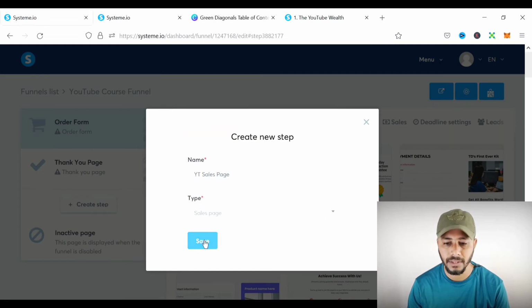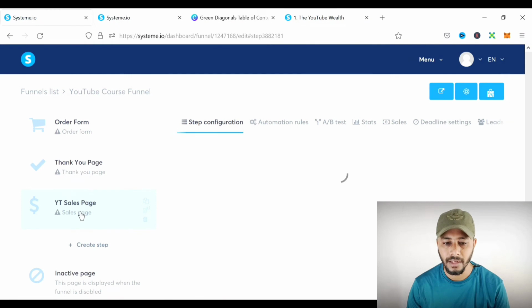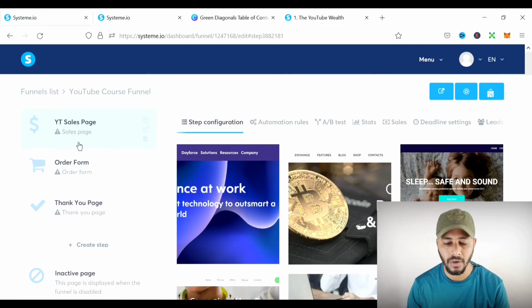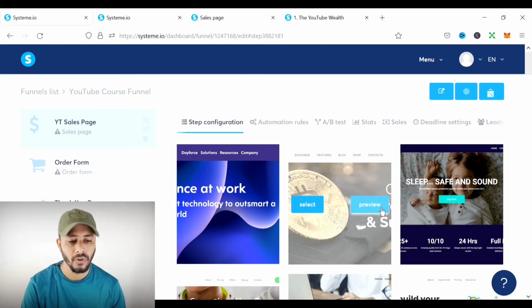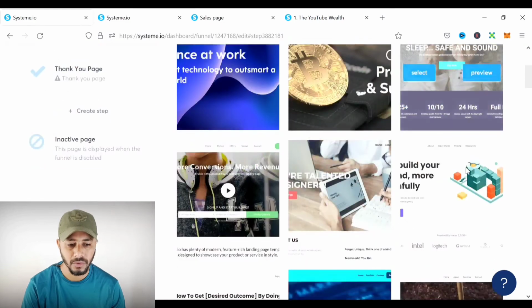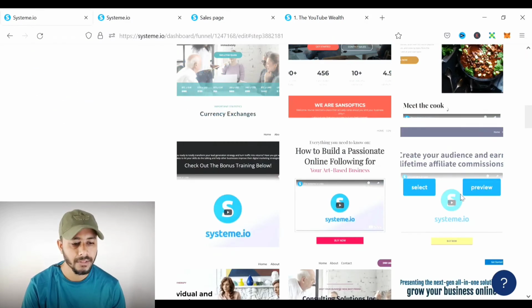This will be my sales page, and I will click save, and I will drag this step all the way to the top. So this will be my first step in this funnel. The second step will be the order form, and the third step will be a thank you page. Now you have a number of different templates to choose from. So I will select this one,